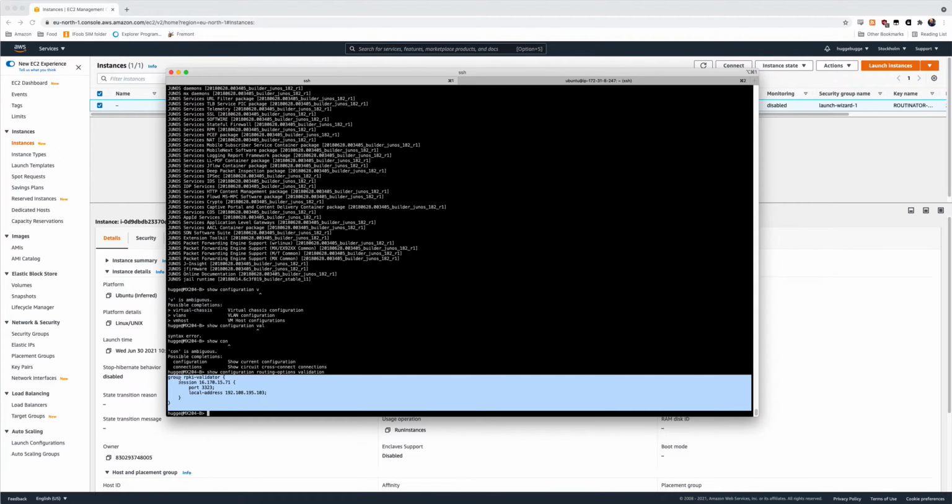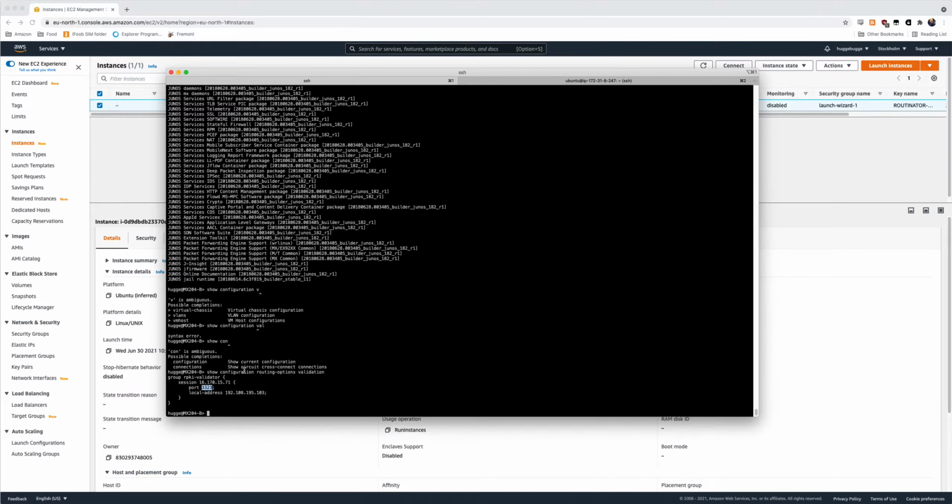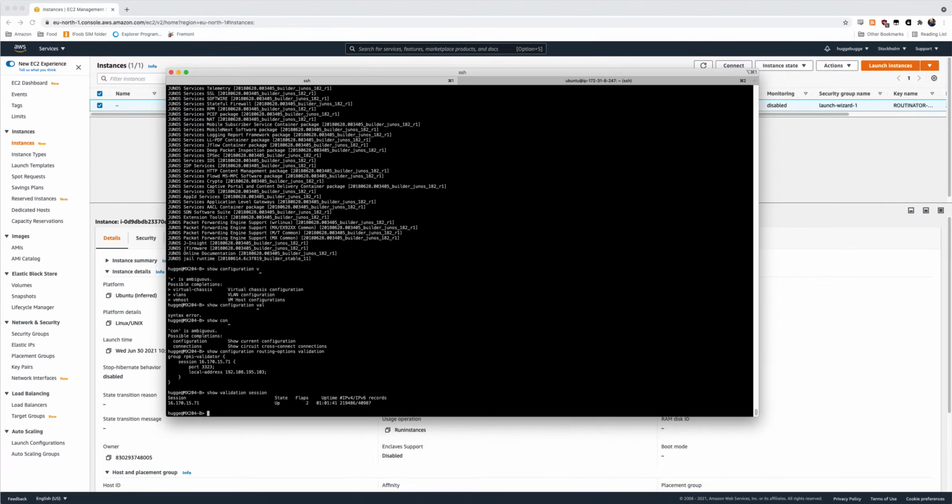So here we have the RPKI validator, a session towards this IP address. It is using the standard RTR port, 3323, and has a local address. This means the session has been up for, in this case, 1 hour. It has downloaded somewhere north of 200,000 IPv4 records and about 40,000 IPv6 records. This means that the ROAs are now in this Juniper box, and these ROAs can be used to produce a validation state. So what we need here is some kind of policy that sets the validation state on an inbound